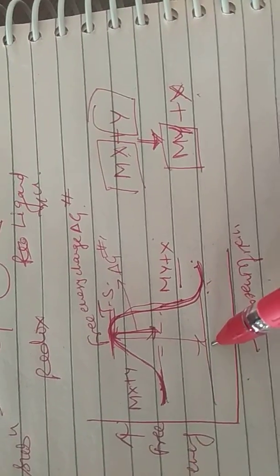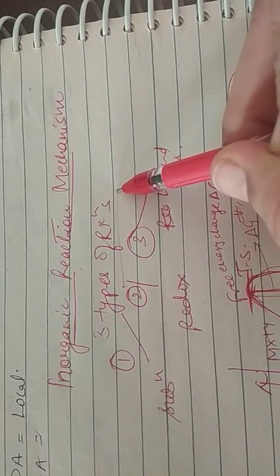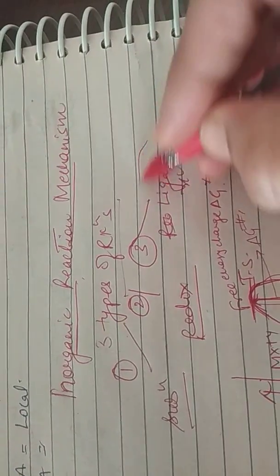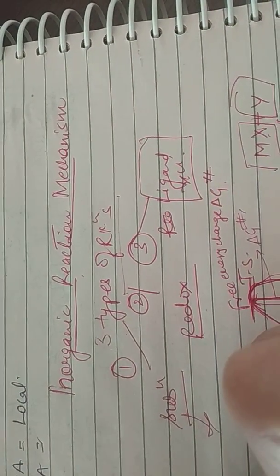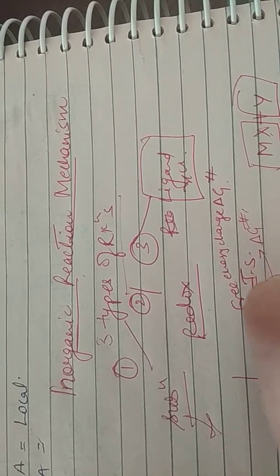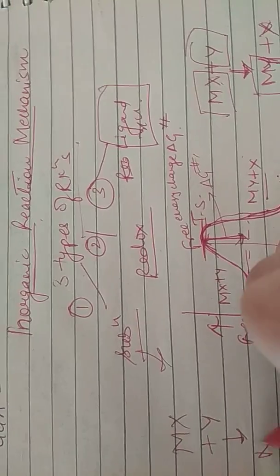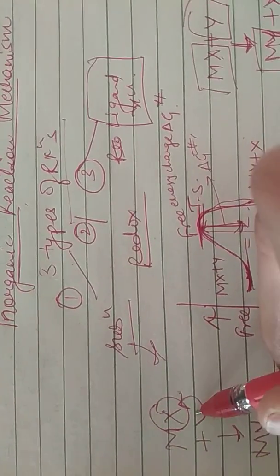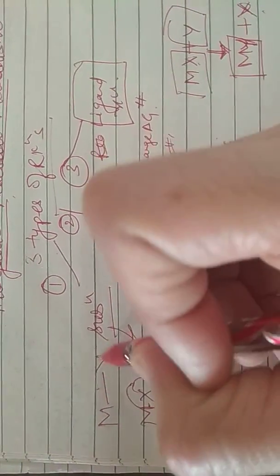Now let's discuss the types of inorganic reactions which are possible. There are three major types of reactions: the substitution reactions, redox reactions, and ligand reactions. Substitution reaction means the metal has a ligand, suppose MX, and Y comes and reacts with it to form MY. So X is being substituted by Y directly. That means it's a substitution reaction where the bond between M and X gets broken,